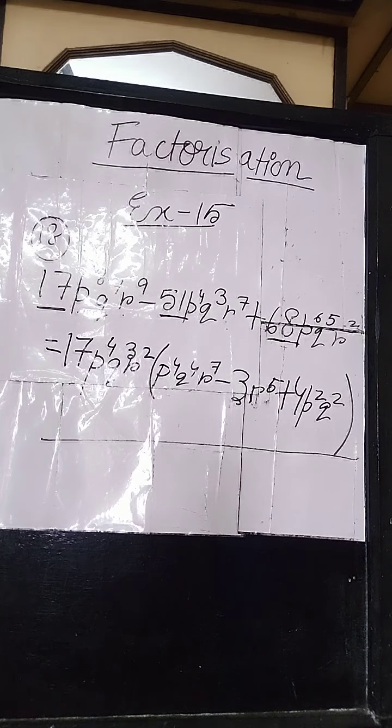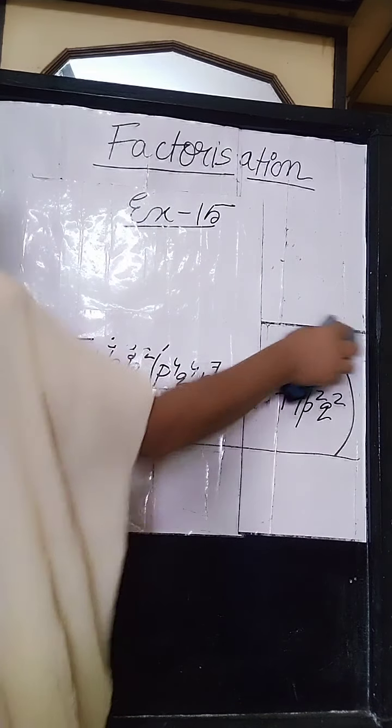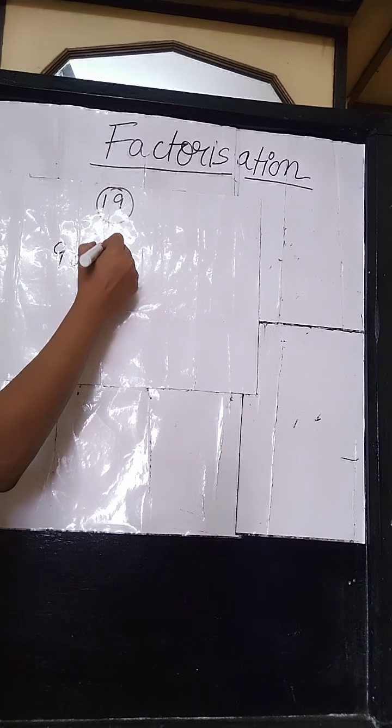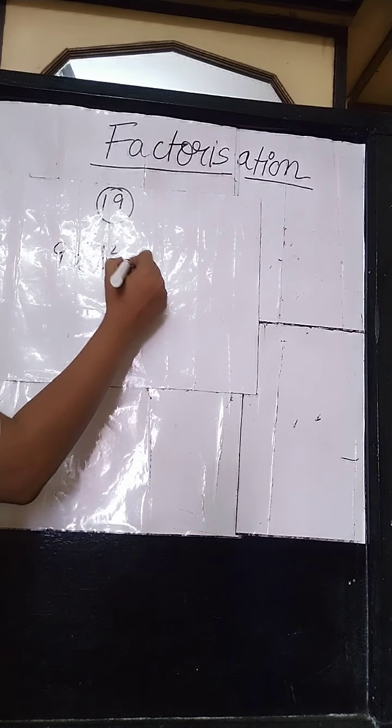Now we will solve sum number 19. Same way we will solve sum number 19. Let's see how we will solve it. So it is given in sum number 19 that 9a square b square c minus 27a b square c square and plus 81a to the power 4